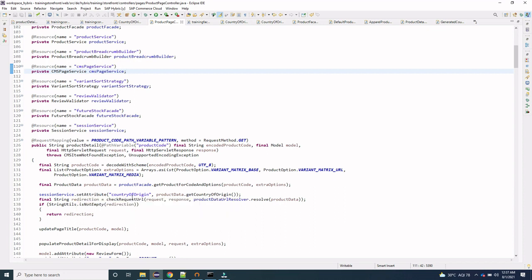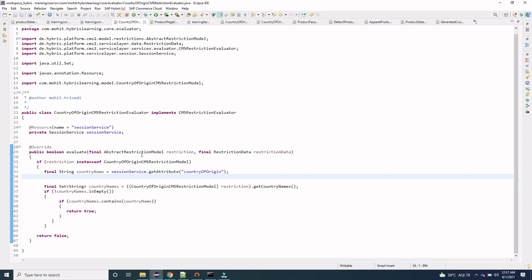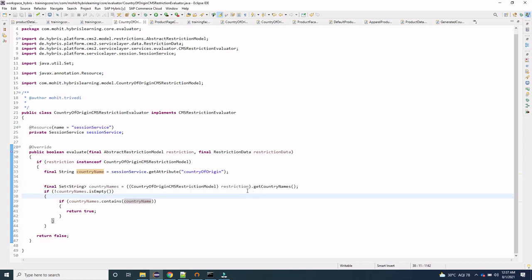In the session service we are setting this country of origin, and from the product data we are fetching this get country of origin, right? So the same thing we are fetching here from the session service. We will get the country name, and also in this line, whatever country names we define in the restriction, we'll get that set of strings.